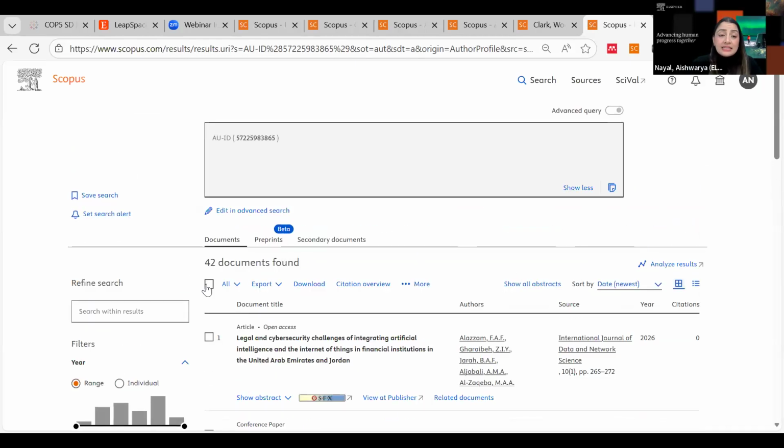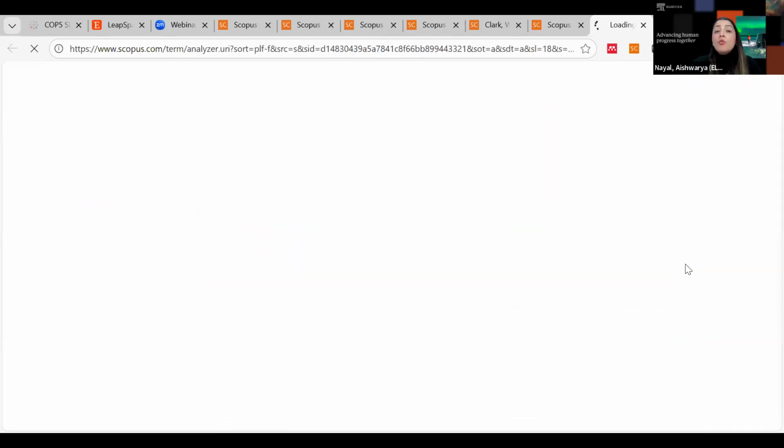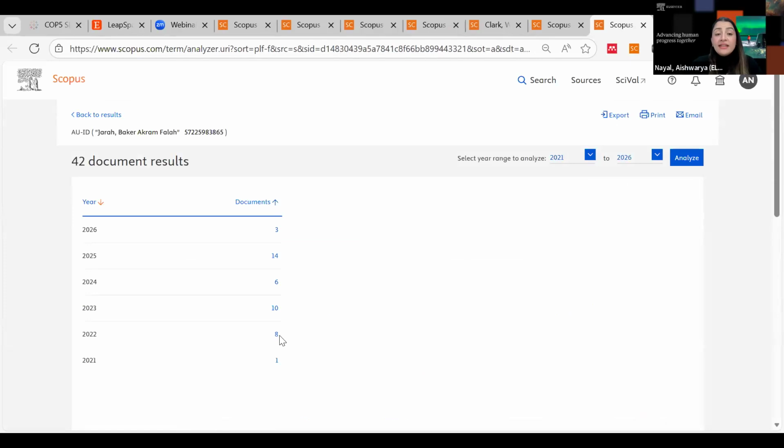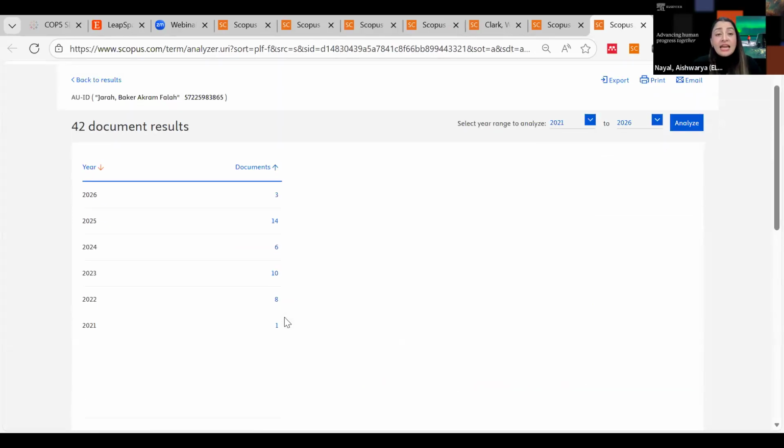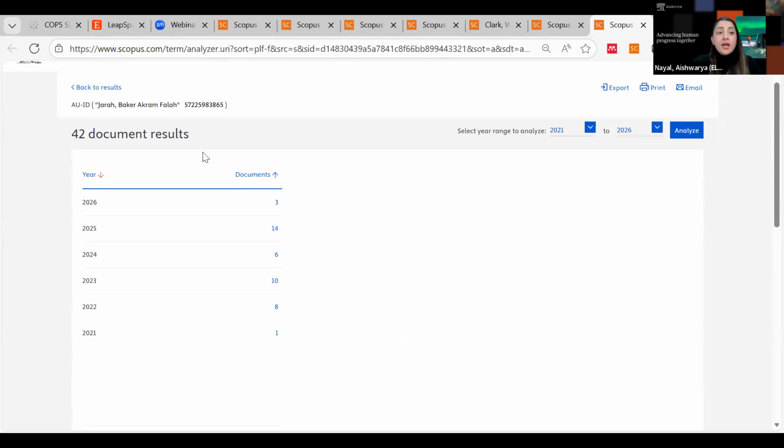And this is how I can see his documents now, and I can again analyze this in more detail. When did he publish his first paper? How many papers is he getting published year on year? I can see all of that. Now,